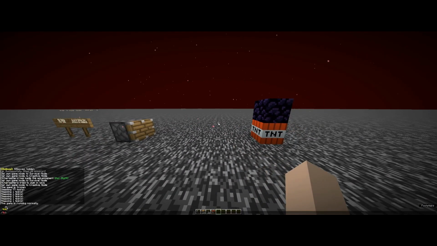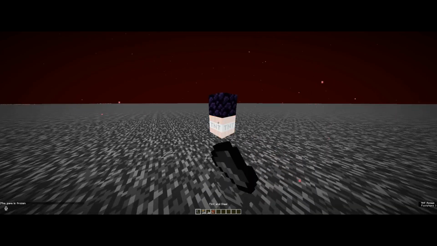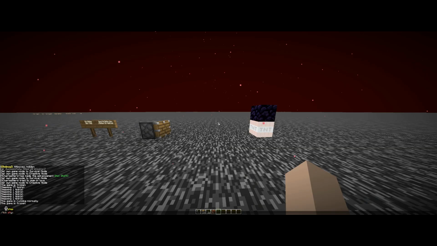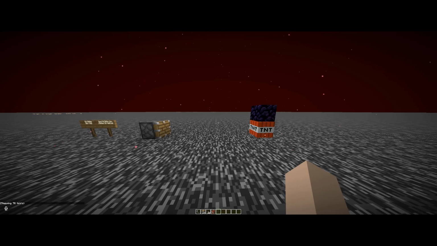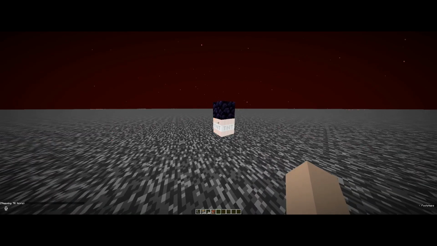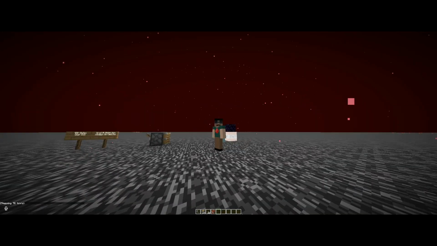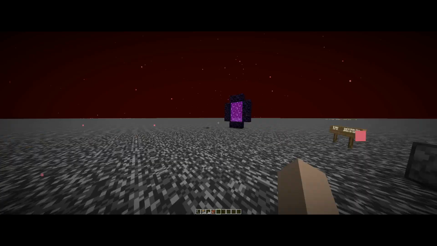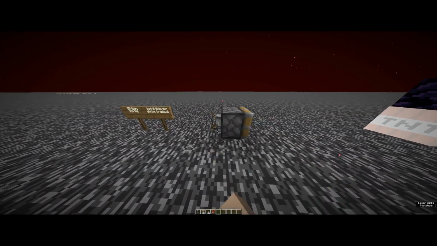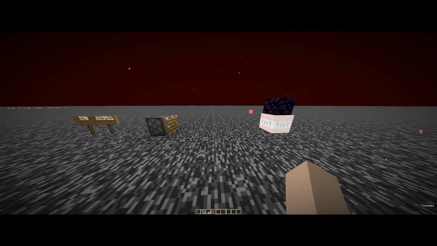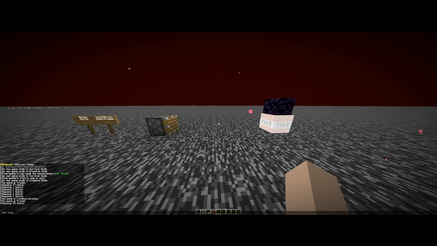When I freeze the tick and light this TNT up, and then wait for precisely 78 ticks, which is nearly 4 seconds minus about a tenth of a second, and I power this piston, since a piston takes 2 ticks to come out, if I go step by step,